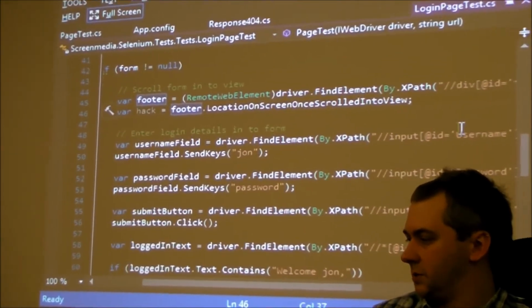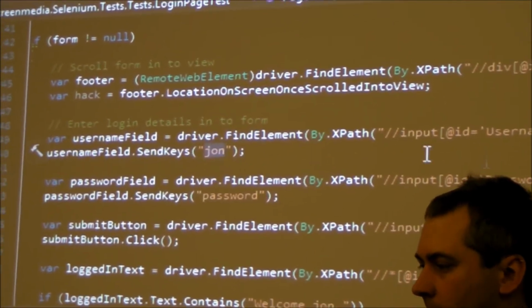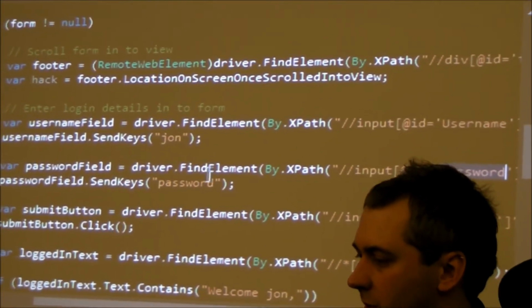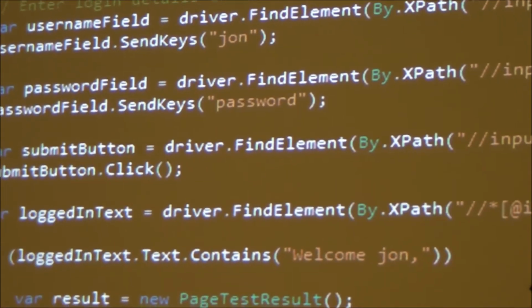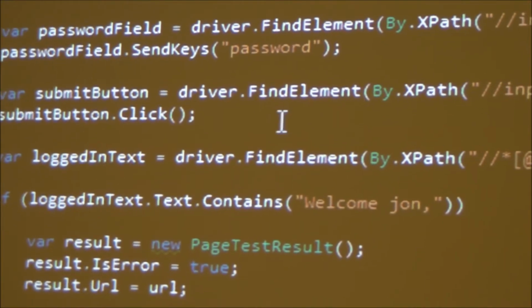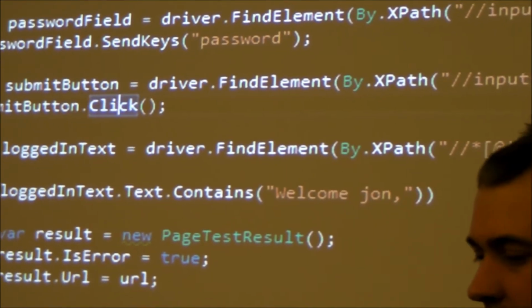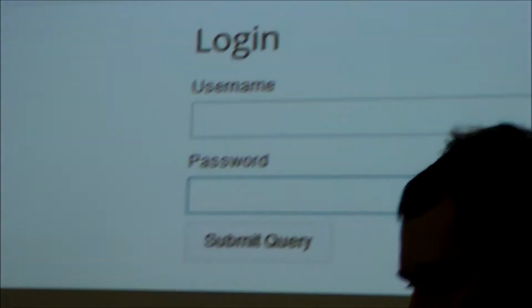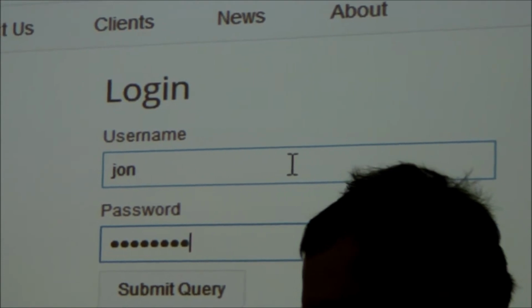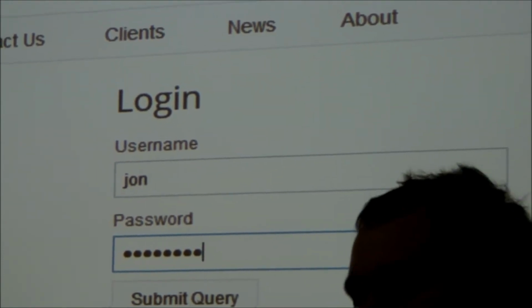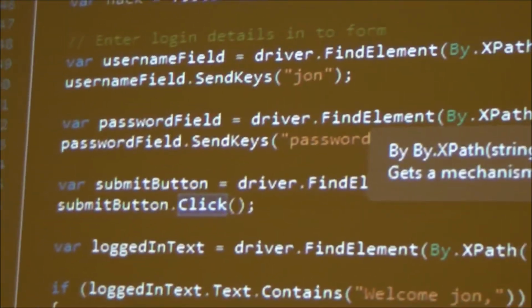So what we're doing here is we're selecting the input box, which is the username box, and we're sending the keys John. And then we're selecting the password box and inputting the totally secure password. And then we are selecting the submit button and clicking it. So what we've done there is, if we did it in here, it would be type John in there, type password in there, and then click that button. But we've done it all through code. We can repeat it 100 times without you going